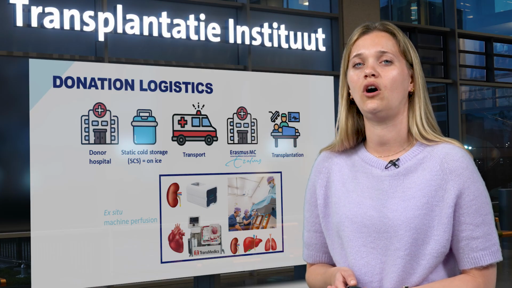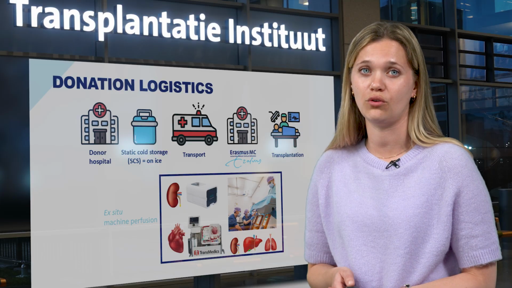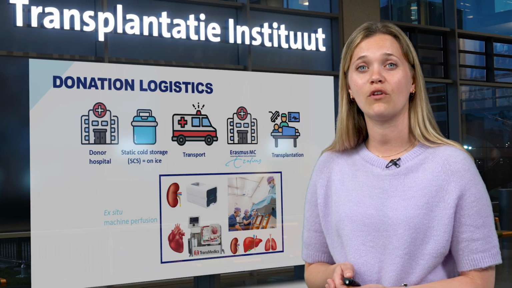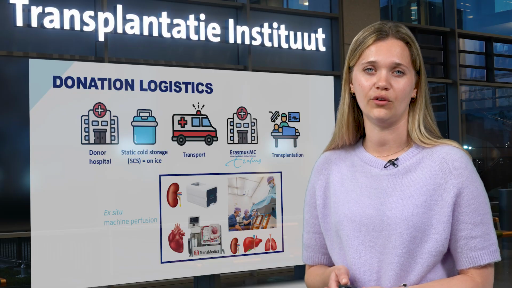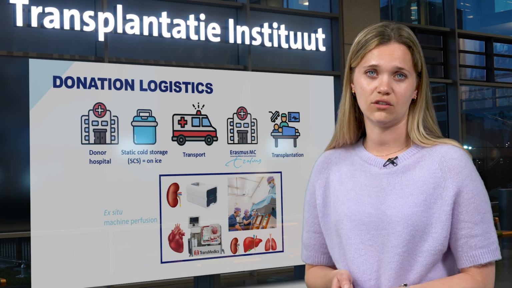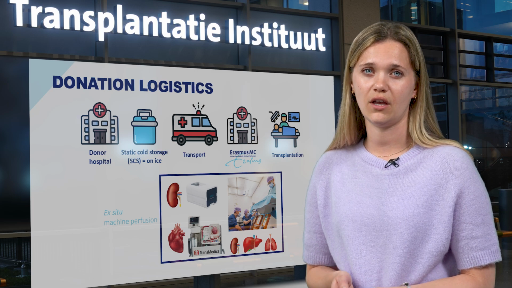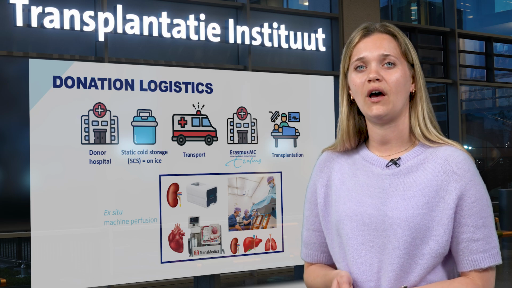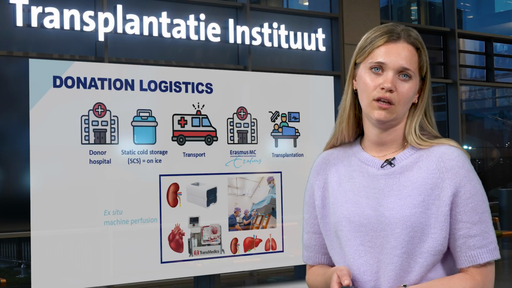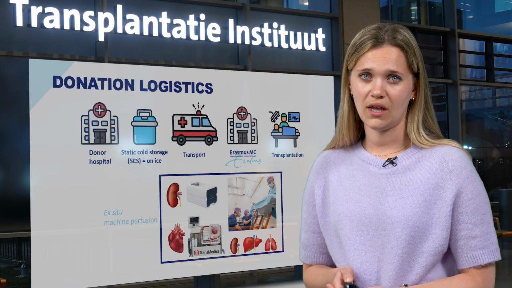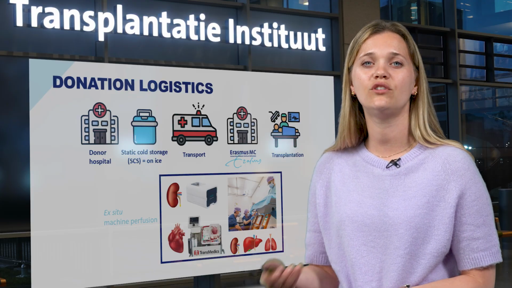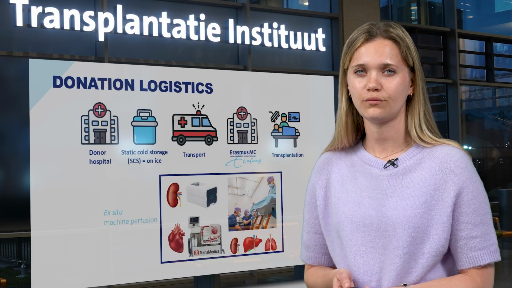But what you can do is also already on transportation, put a kidney on a machine. So you can put a kidney on machine perfusion during transport, so not in a box with ice, but you put it on a machine. Same as for the heart, so you can transport the heart on the machine. What you can also do is let the organ come to your transplantation center on ice, but then apply machine perfusion in your own hospital. And we mainly do that for kidneys, livers and lungs. And this is all something we call ex situ machine perfusion, so outside the body of the donor.